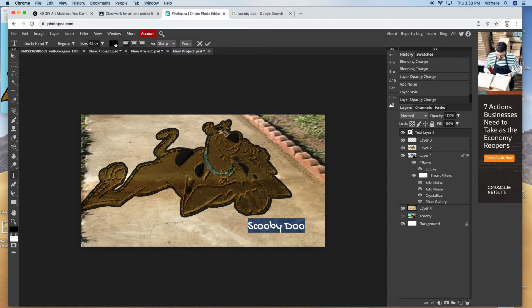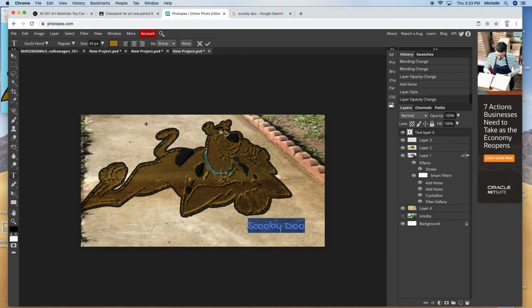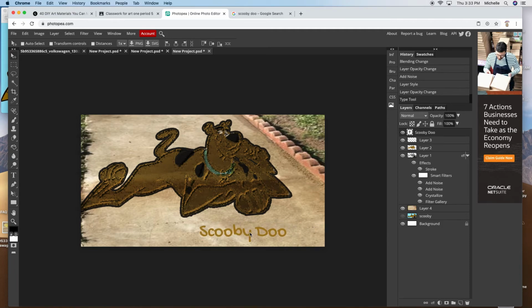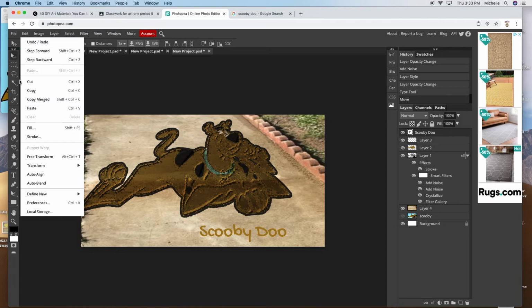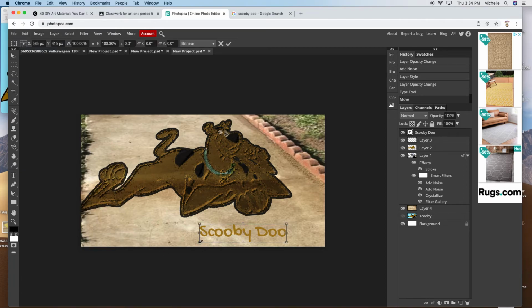I'm going to change the color. You can see that some of the colors that you chose are right here. So I'm going to pick that brown that we used. I'm also going to make it a little bit larger in my font. And I'm going to position it. And then I am going to put this in perspective too. So I'm going to transform perspective and get this to